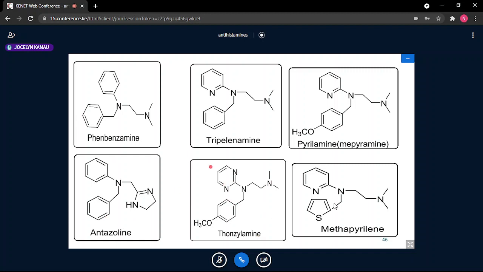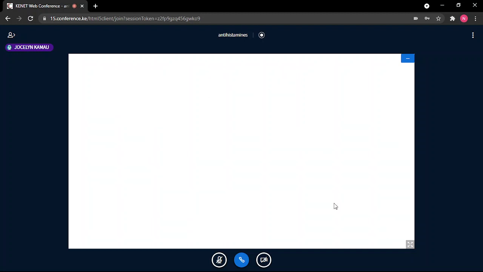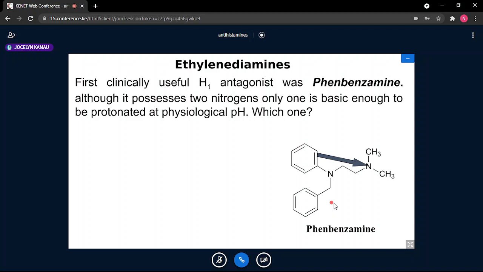Thonzylamine, again, in place of the pyridyl ring, we now have the pyrimidine ring with retention of activity. And then also we have methapyrilene. In methapyrilene, again, we still have the pyridyl ring, because remember the pyridyl ring is responsible for maximum activity. Then our phenyl ring is replaced with the thiophene ring with retention of activity. So again, I hope you have followed, because even if you do not go through the SARs, we can be able, even by looking at the structure,